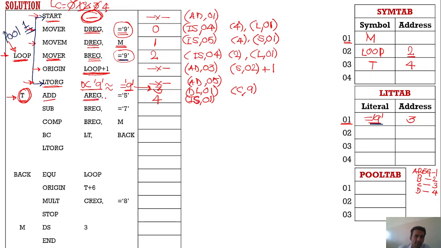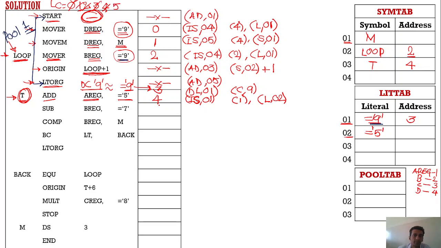A register is my first operand, I should replace it by 1, comma, equal to 5 is a literal, I should make an entry of 5 in the literal table leaving its address blank, and in the intermediate form I should write L comma 02, that is the second literal from the literal table. And the length of the ADD instruction is again 1, so I should update my LC by incrementing 1,